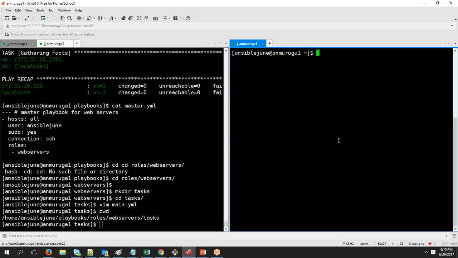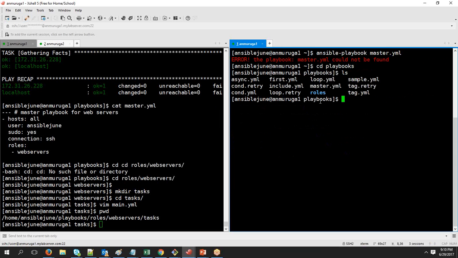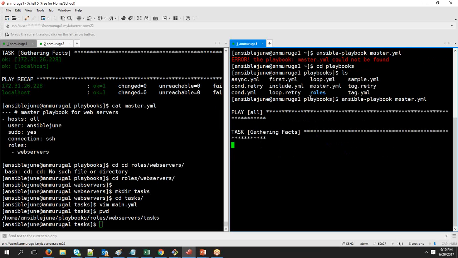Okay, so now if I run ansible-playbook and the name of our playbook, it is going to call this, and in that we have included a web server which has one task defined under it. So this will be automatically taken. Sorry, it is under playbooks. Okay, we have the structure, and in this, if you run,